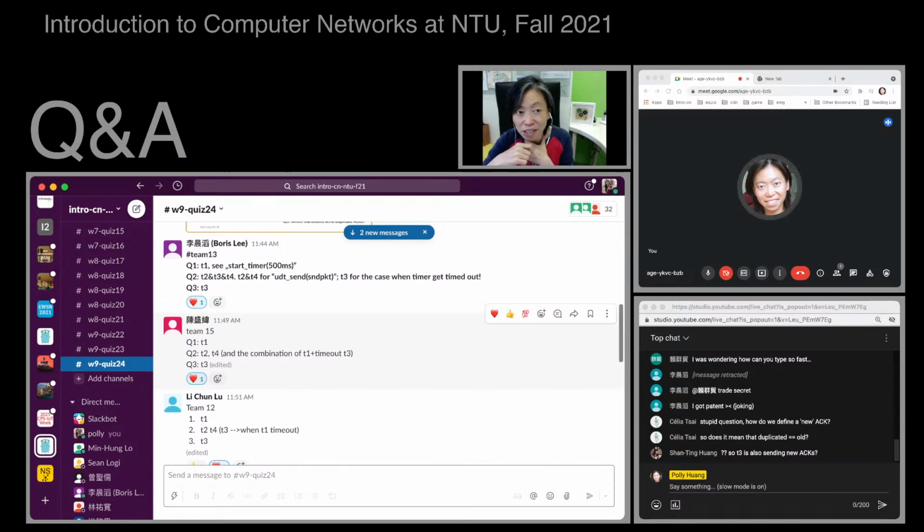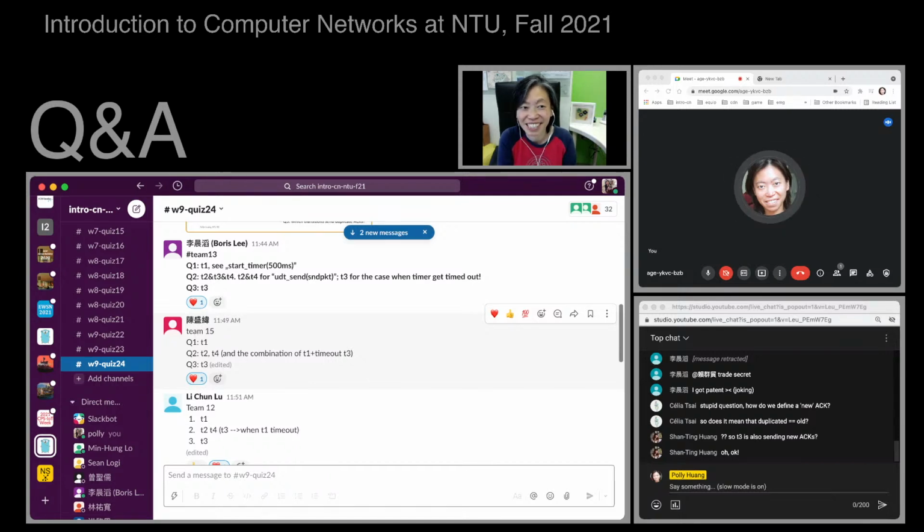And which transition forces that packet to go out? The timeout event belongs to the default transition. That's where that new packet that waited for 500 milliseconds goes out.